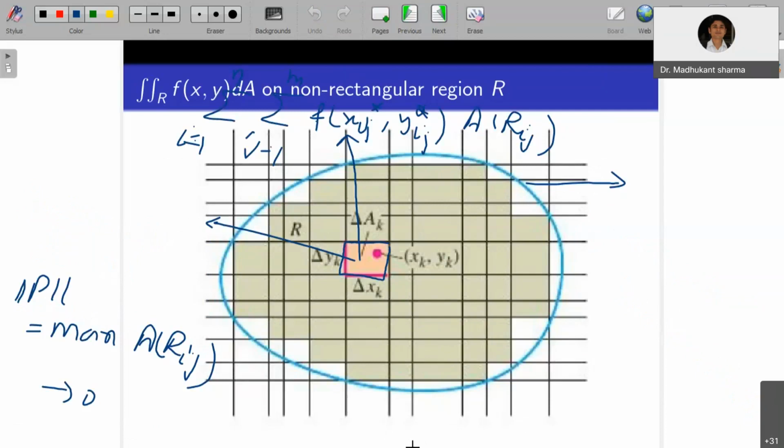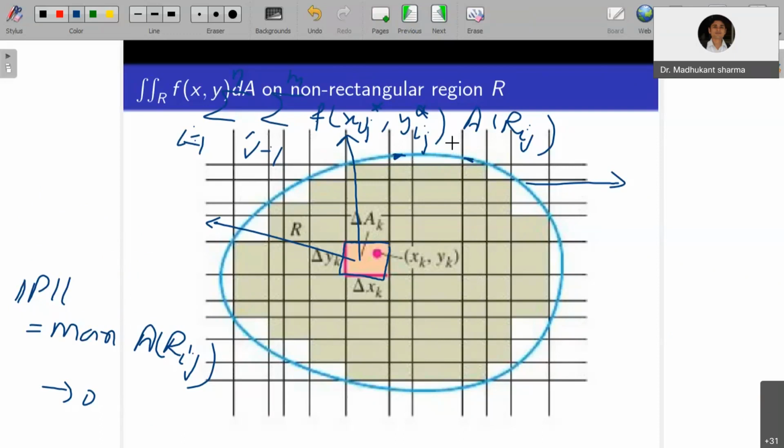Whenever you are having the limiting case, these errors will approach zero, because when you make fine rectangular grids, any very small part of this boundary will look like a